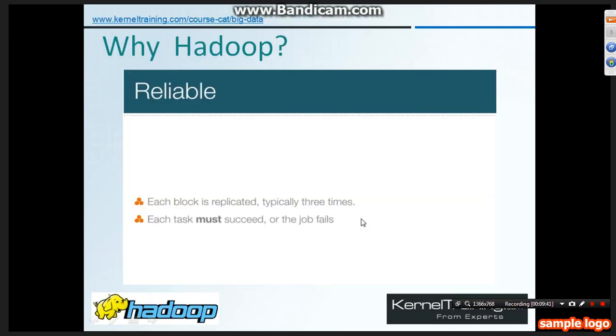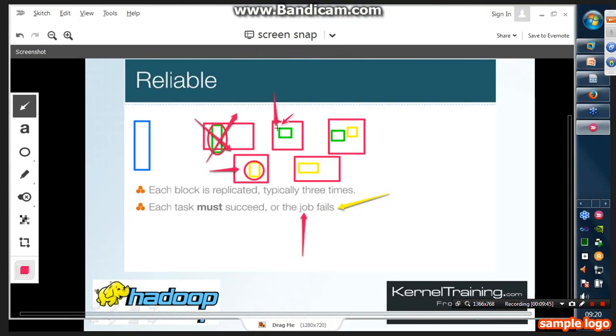Okay, and why are we calling it reliable? If one server goes down, what will happen? The storage is available as a backup on another server, so it is reliable. We are not at a loss of data. And if the server goes down even at the time of computation, the computation will get performed on another block of data. So this is called